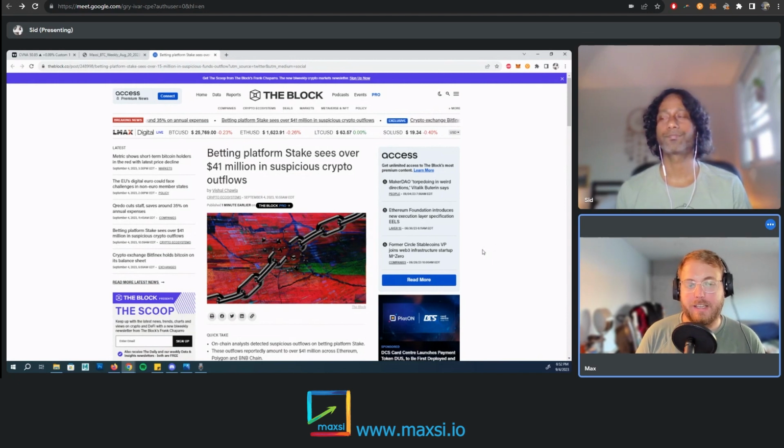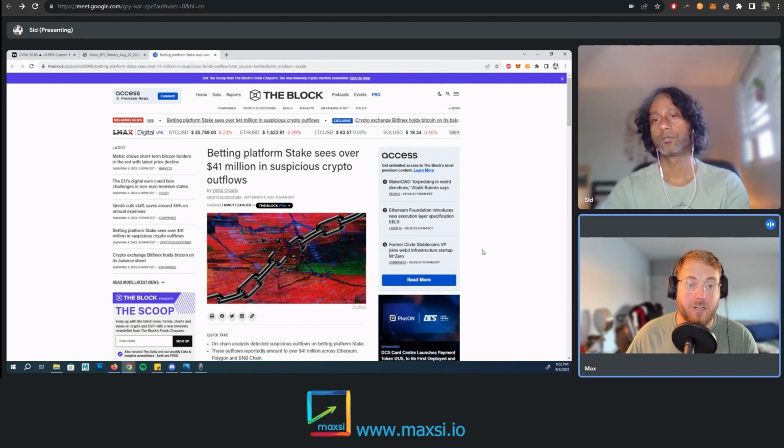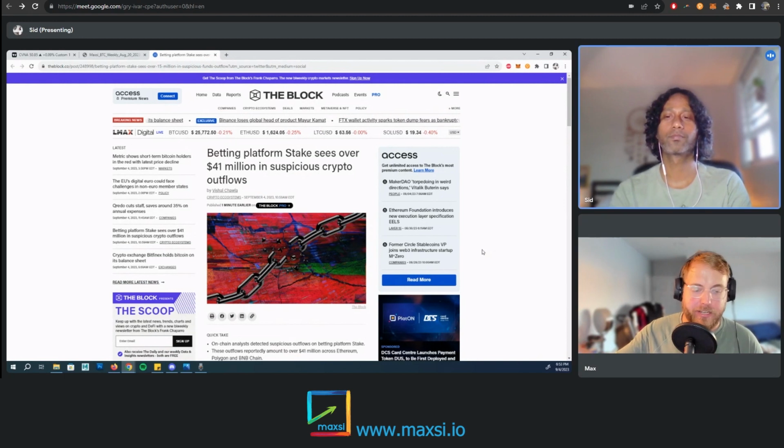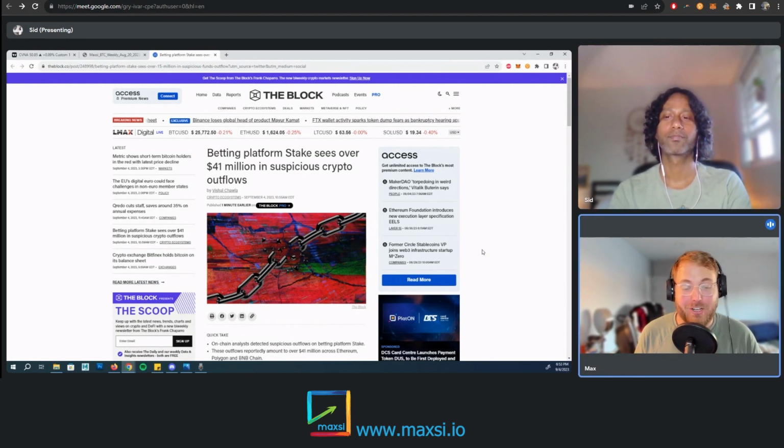It's not the end of the world, obviously, to this business, but it's also $41 million. Yeah, we've seen a lot of hacks this bear market. Last year we saw a lot more hacks, and I will say, while crypto is still riddled with scams and hacks and exploits, there is absolutely a trend of those decreasing since last year. I think we're down about 70% less value being stolen year to date this year versus year to date last year. But those metrics are also a little